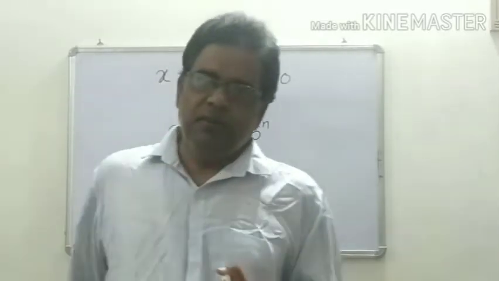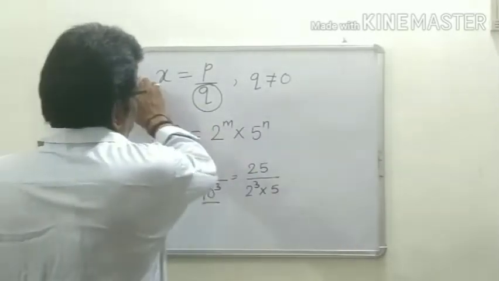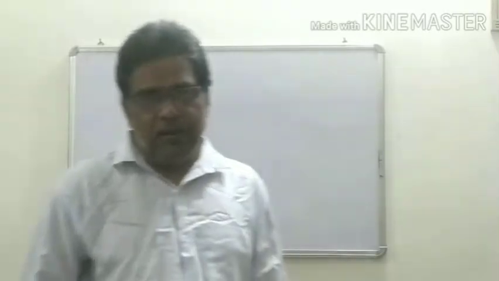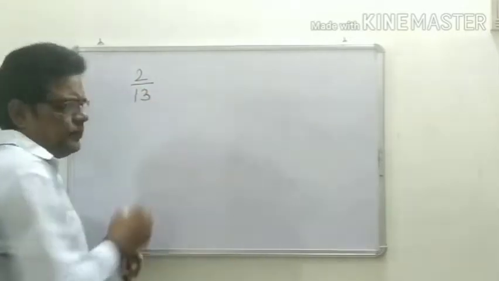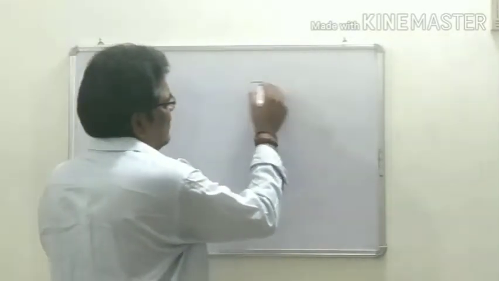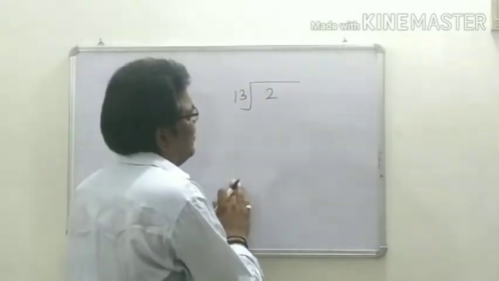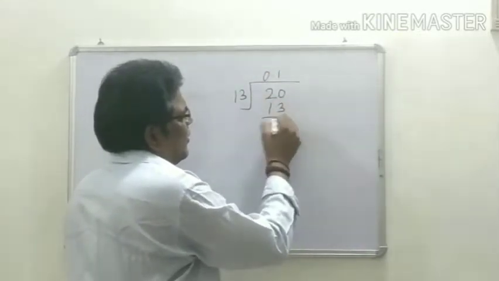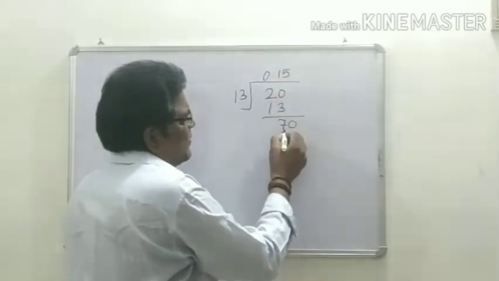Now let us take the next question, that is, how will you say that the given rational number is non-terminating but recurring? For example, let us take the rational number 2 upon 13. Now let us do the division and see what you get. 2 is of course not divisible by 13, so you put a decimal sign and 20, then 13 1 ja 13. Now here you get 7, you make it 70, then 13 5 ja 65.